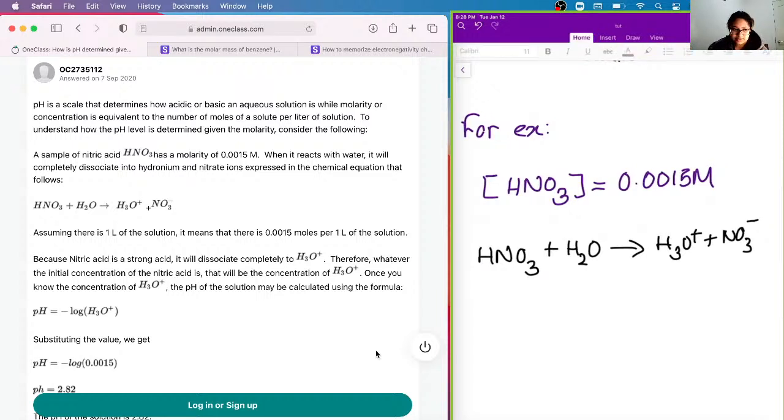Okay, and so assuming there's 1 liter of solution, right? So in this case, your volume would be 1 liter. It means that there is 0.0015 moles per 1 liter of the solution. So because nitric acid is a strong acid, it will dissociate completely into your hydronium ions. So therefore, whatever the initial concentration of nitric acid is,